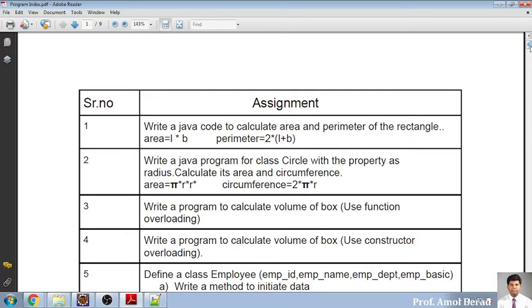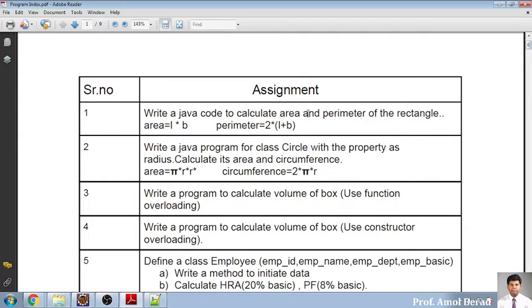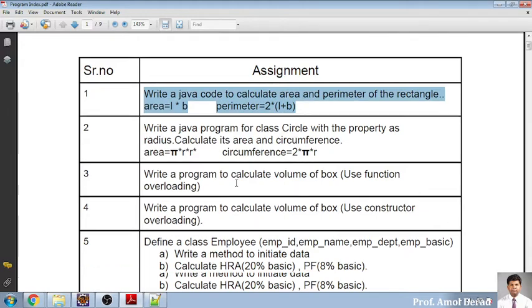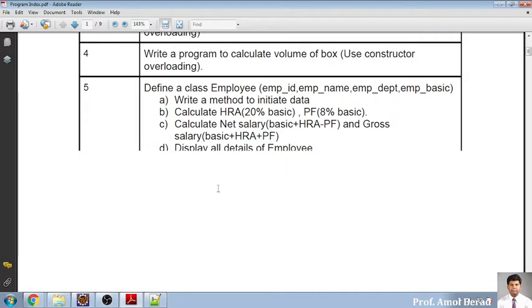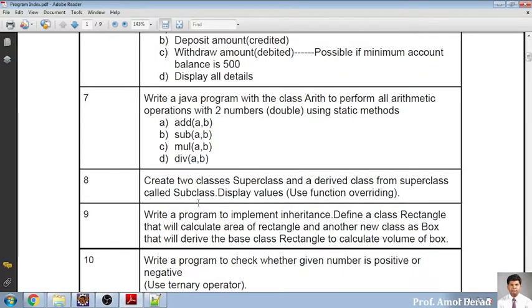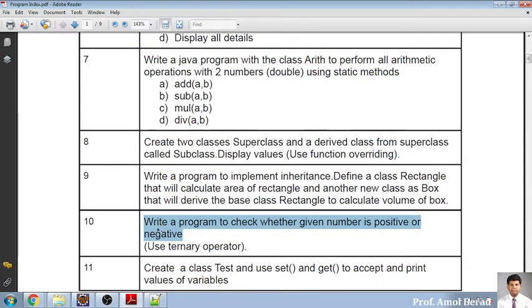Okay, so in all we will be doing 81 assignments. These are the only assignments. Apart from this, the programs that I teach daily need to be executed, but at least this should be there, you have to practice these assignments on your own. Today's session will focus on these assignments up to number 10. So I will be executing the programs up till 10.